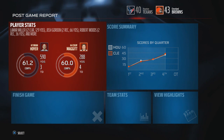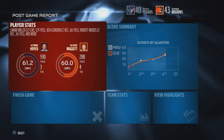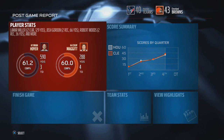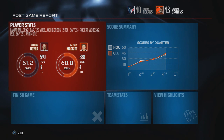But we also did sign one other guy. I noticed I had 2 spots available. So I signed Randall Evans, who was a cornerback that was, I think, drafted by the Eagles in like the 6th round in real life in the 2015 draft. And I saw him. He has some decent ratings. I don't think he's going to get really any playing time here in the regular season, but next preseason he could get a little bit, or if there's an injury he could get a little bit. But if something doesn't improve in the secondary over the next few games, I will have to make some sort of big change